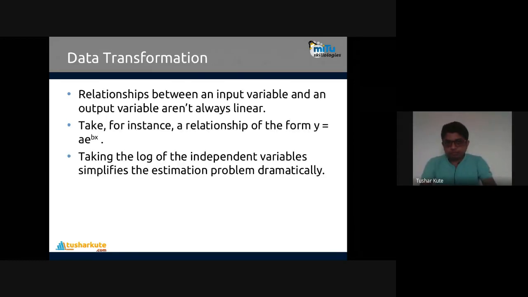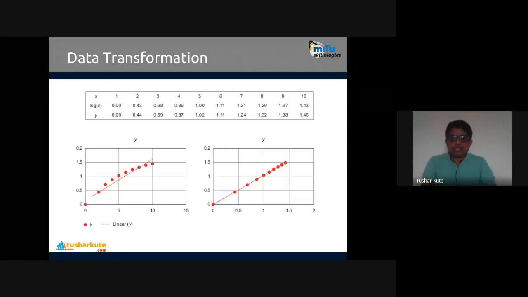Now, transformation. The relationship between an input variable and an output variable is not always linear. So let's take a relationship like y = ae^(bx). Taking a log of the independent variable simplifies the estimation problem dramatically. Check this out. Here is your original data. You can see all 10 entries are there.